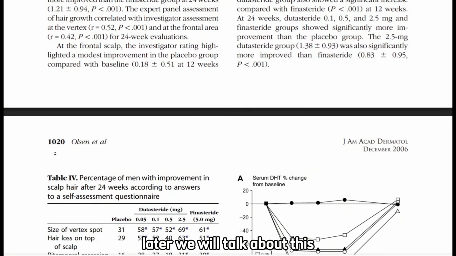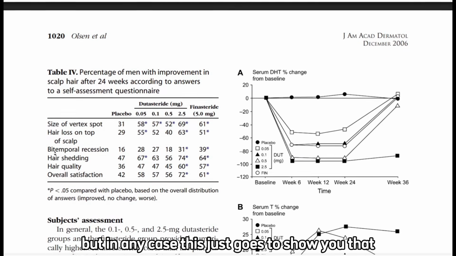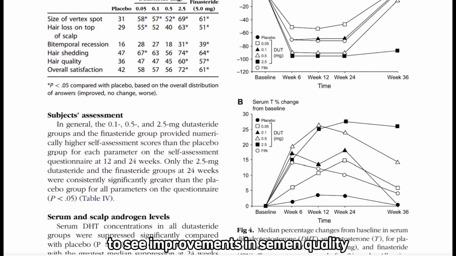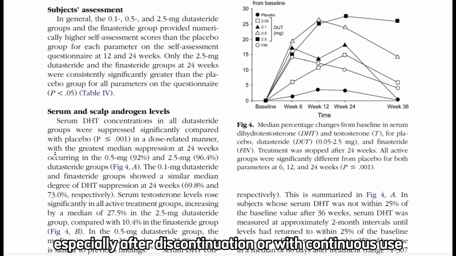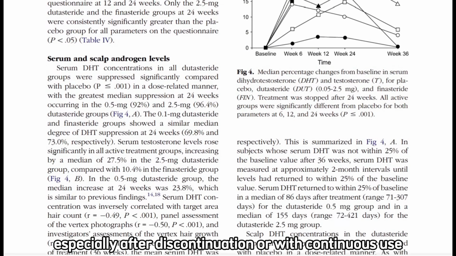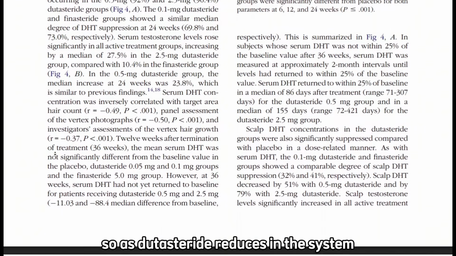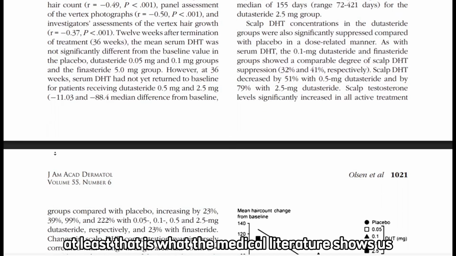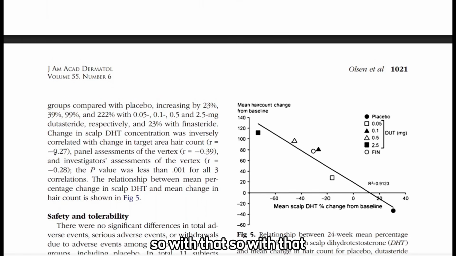Later, we will talk about this and why this might not be the case, but in any case, this just goes to show you that you might need longer than 6 months to see improvements in semen quality, especially after discontinuation or with continuous use. So, as dutasteride reduces in the system, it will cause less suppression effects. At least, that is what the medical literature shows us. So with that,